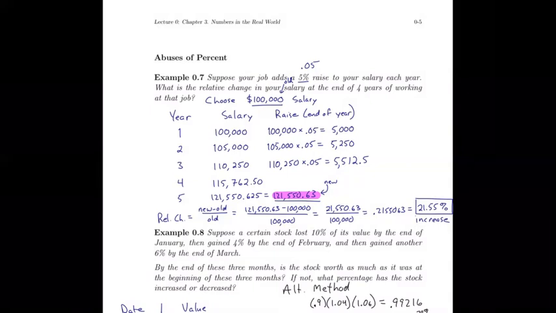Now, this is our salary at the end of year 4 with 4 consecutive 5% raises. Okay, now what's the relative change from this number back to our original salary? So in other words, this is the new and this is the old. So we have new minus old over old. It's 121,000 minus 100,000 over 100,000. That leaves us with $21,550.63 over $100,000. And then dividing that out, we get